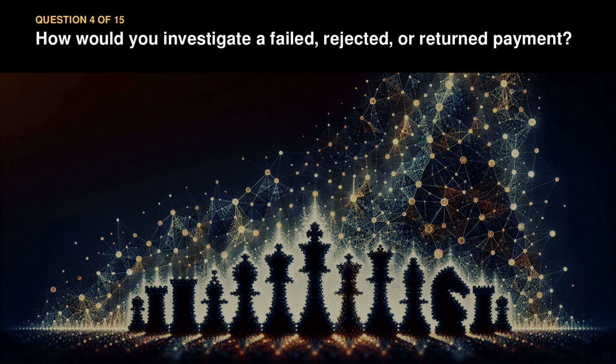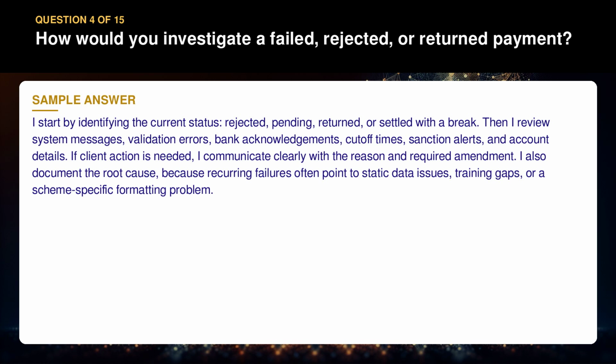Question 4. How would you investigate a failed, rejected, or returned payment? I start by identifying the current status: rejected, pending, returned, or settled with a break. Then I review system messages, validation errors, bank acknowledgements, cutoff times, sanction alerts, and account details. If client action is needed, I communicate clearly with the reason and required amendment. I also document the root cause, because recurring failures often point to static data issues, training gaps, or a scheme-specific